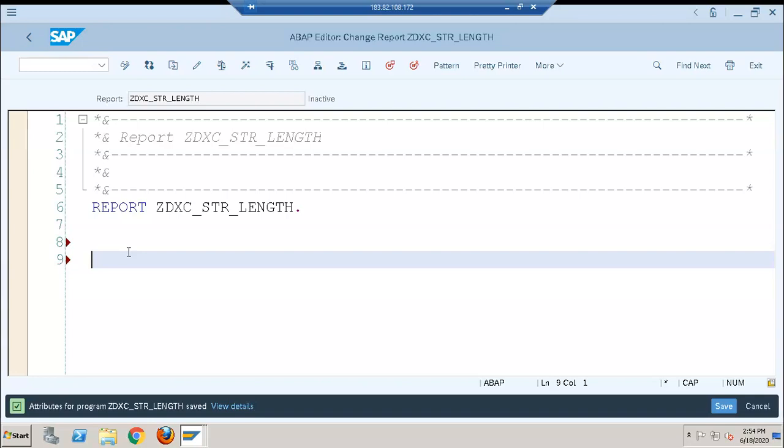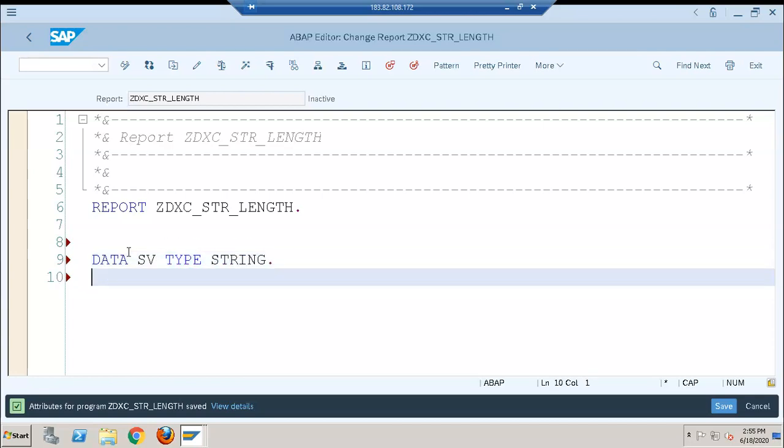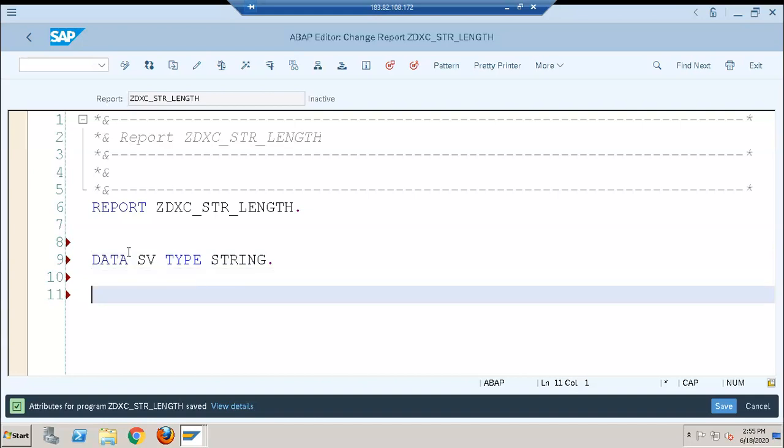We'll go for data SV type string, and then data GV, a global variable, type i.